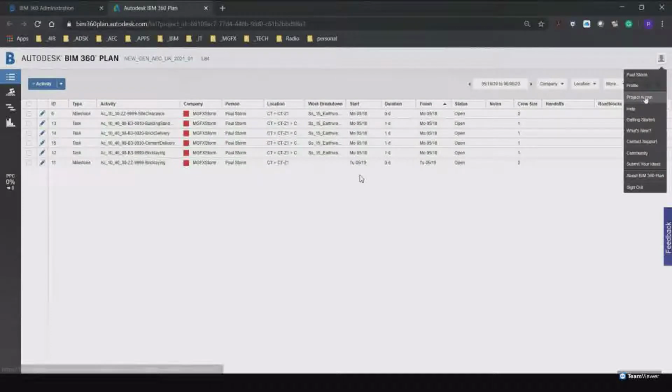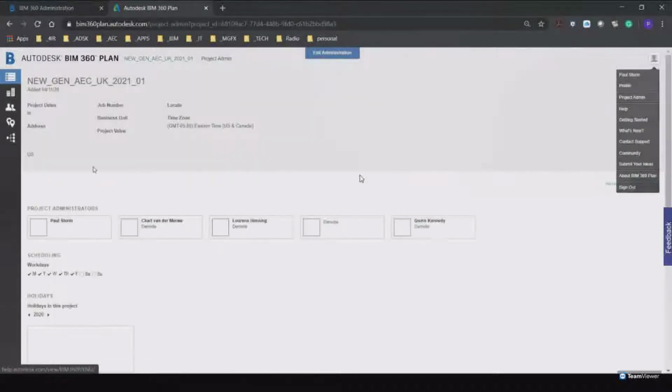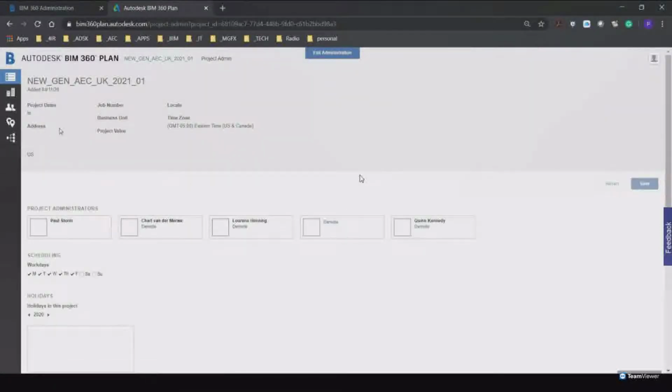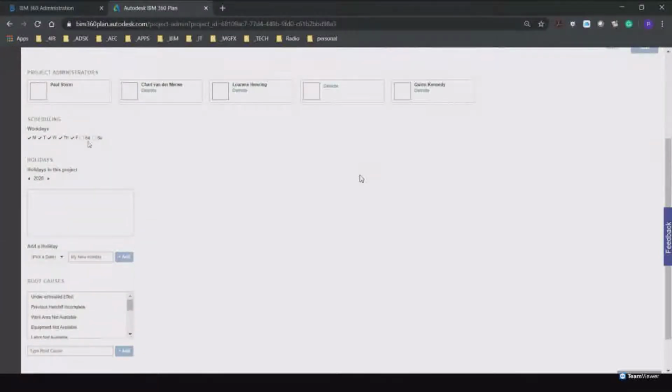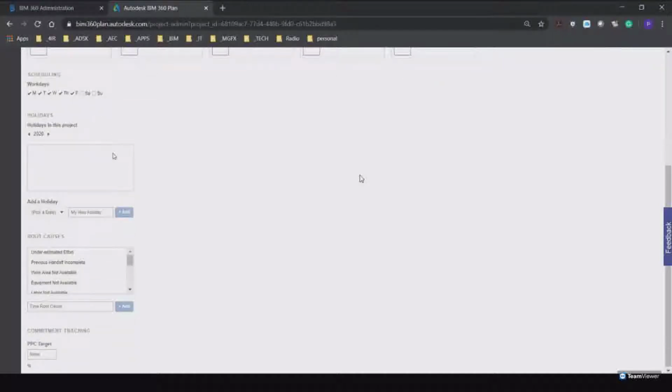there under the name we can see Project Admin. There we can change the assignation of licenses, add users, say when we are working typically, when there are holidays, some root causes that can be given to reasons why things are not happening or why they are completed, and then the PPC target or commitment tracking. So all of these are settings that you can enter